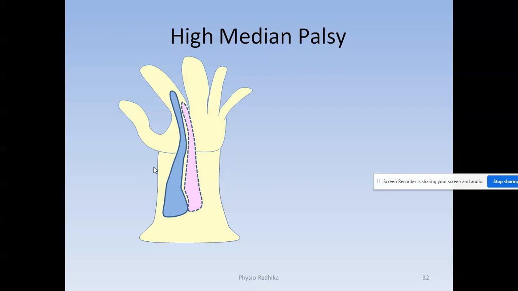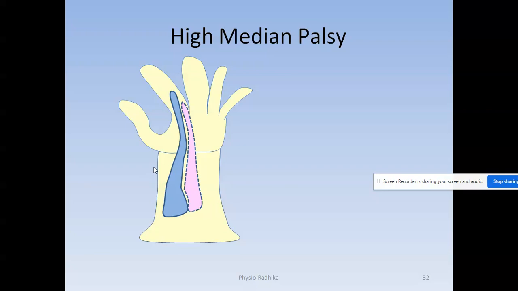When we are talking about extension of the index finger, there are two muscles doing extension of the index finger. The pink one is extensor indicis proprius, whereas the blue one is extensor digitorum communis. I already told you in the last slide that extensor digitorum communis is a forearm muscle which supplies the wrist for extension, also the medial four fingers, in order to carry out the extension of the four fingers. Among the medial four fingers, the index finger has two muscles to extend: your extensor indicis proprius and a tendon from extensor digitorum communis.